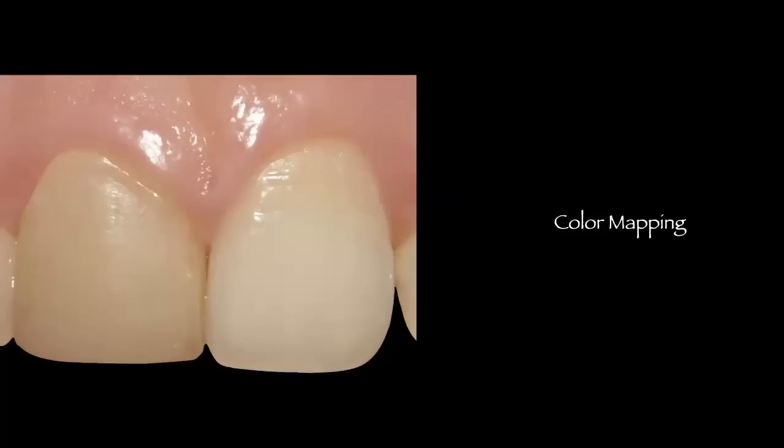How am I going to go about layering this tooth so that I can try to achieve the highest aesthetic result possible? So this is when color mapping comes into play. And what I like doing, and just to demonstrate here, I like to identify where are the areas where I have more saturation. And you can see here that I have highlighted the gingival third of the tooth